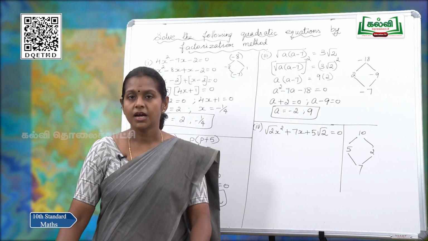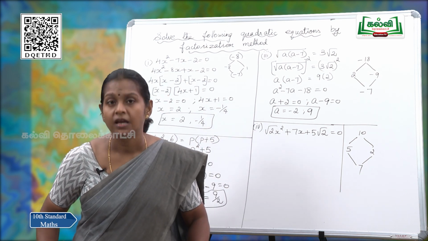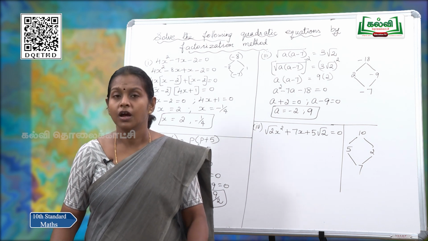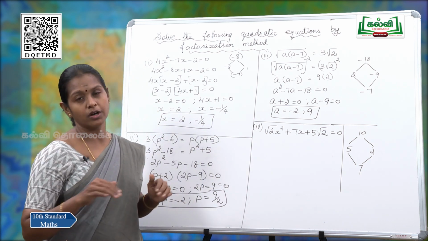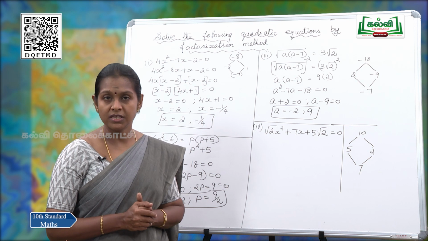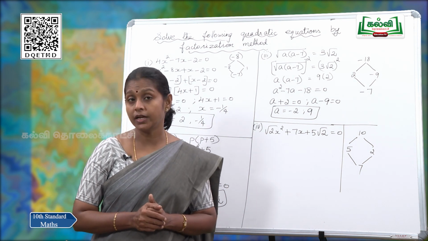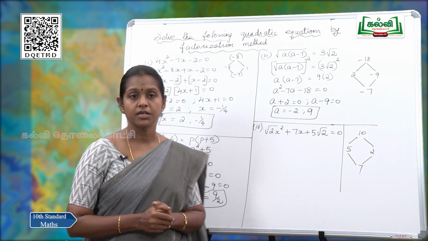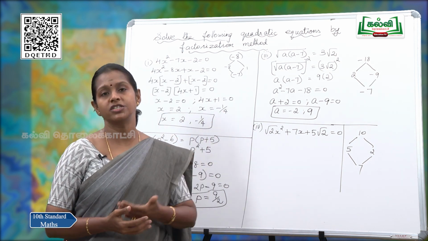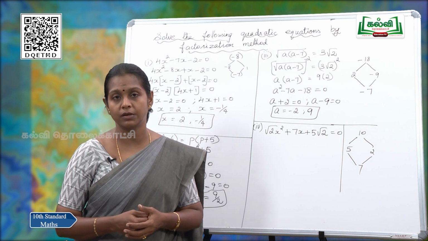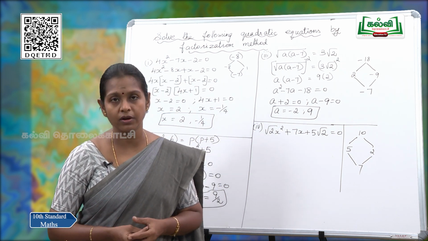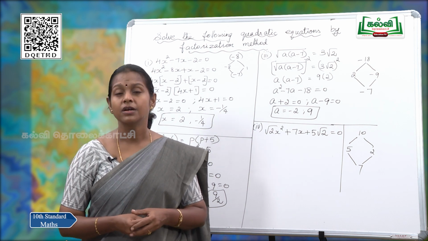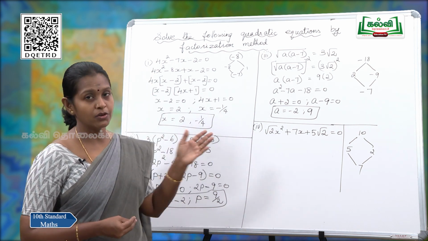So you already learnt how to frame the quadratic equations and how to identify the sum of the roots and the product of the roots, everything. Now we are going to solve the quadratic equation by using the factorization method. You already learned how to do the factorization, right? In 9th standard, you learnt it. So we have to use the previous knowledge here. That means we are going to find the answer for x, and not only x, whatever variables are involved in the question, we have to solve it. Okay, shall we go into that?